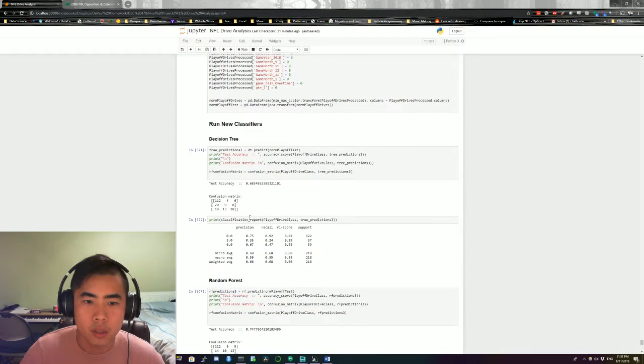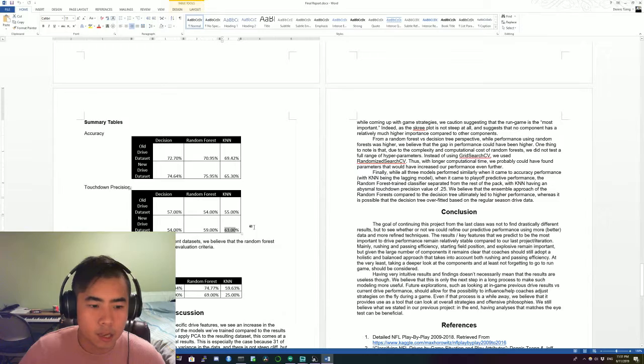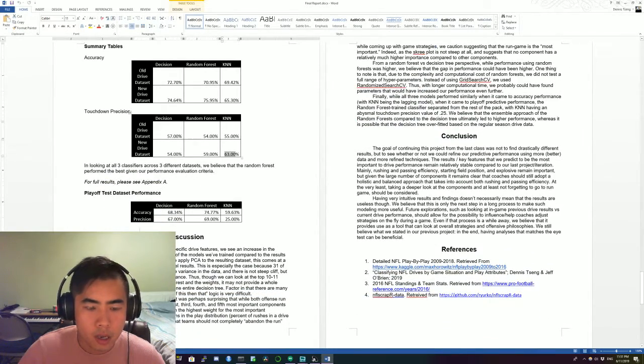when we predicted using the three new classifiers, using the new full data set, is that the models do fairly well. At least two of them do. The decision tree has lower accuracy when it comes to regular season performance, but precision is actually quite high relative to what we saw in the test data set for regular season. Ultimately, random forest performs the best, with KNN being quite poor. As you can see, the precision for touchdown accuracy for the playoff drive data is quite bad.